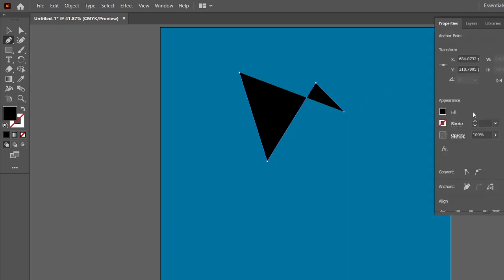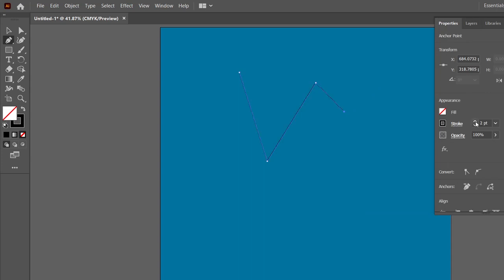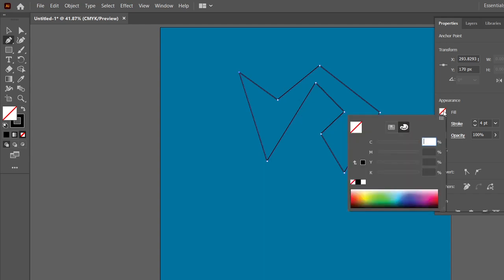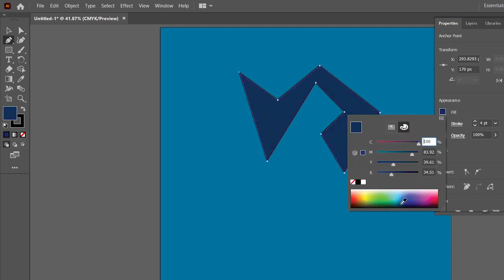Let me just set fill to none and then stroke to 1. So you can clearly see that there is a line going on. As I am selecting it, the default is a straight line. And if we join this here, the anchor option is also there, which clearly says that it has been converted to one single figure. And in this figure you can select any colors. See, like this you can select any colors.